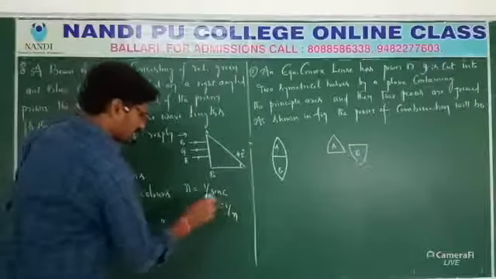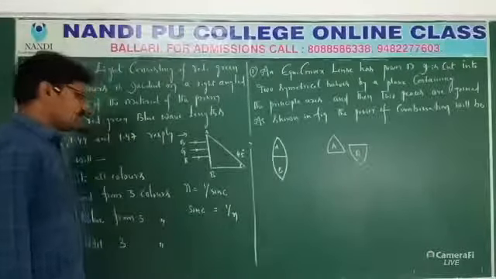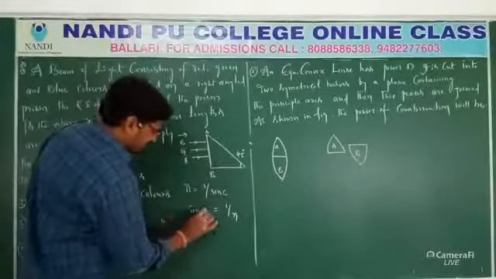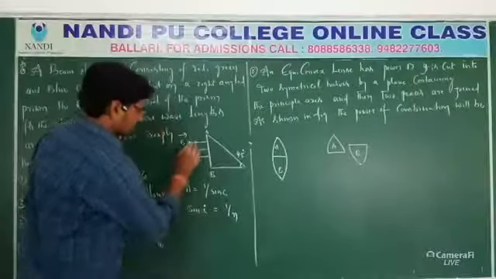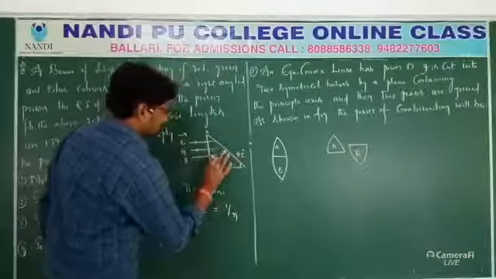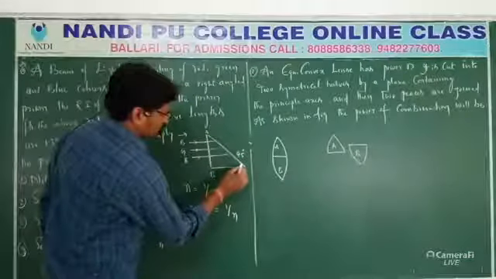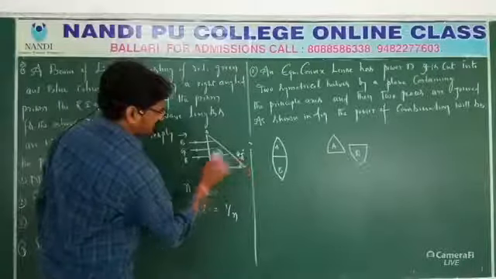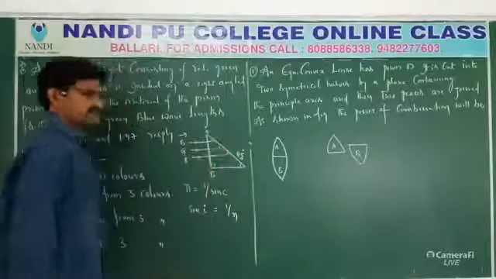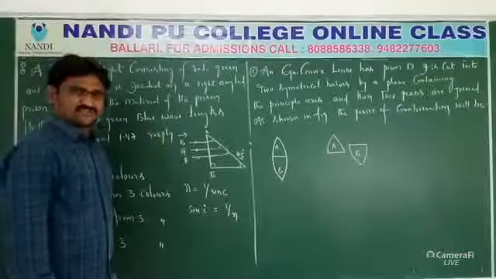So here I know the n value. How can I know c? How to find c here? This sin c, here we can write sin i, the incident angle. So all are cutting with the same angles. Here you can see, how much angle is it? It is a right angle, so it is 45 degrees given. This angle is 45, this angle also 45, this angle also 45. So all the incident angles are 45 only.